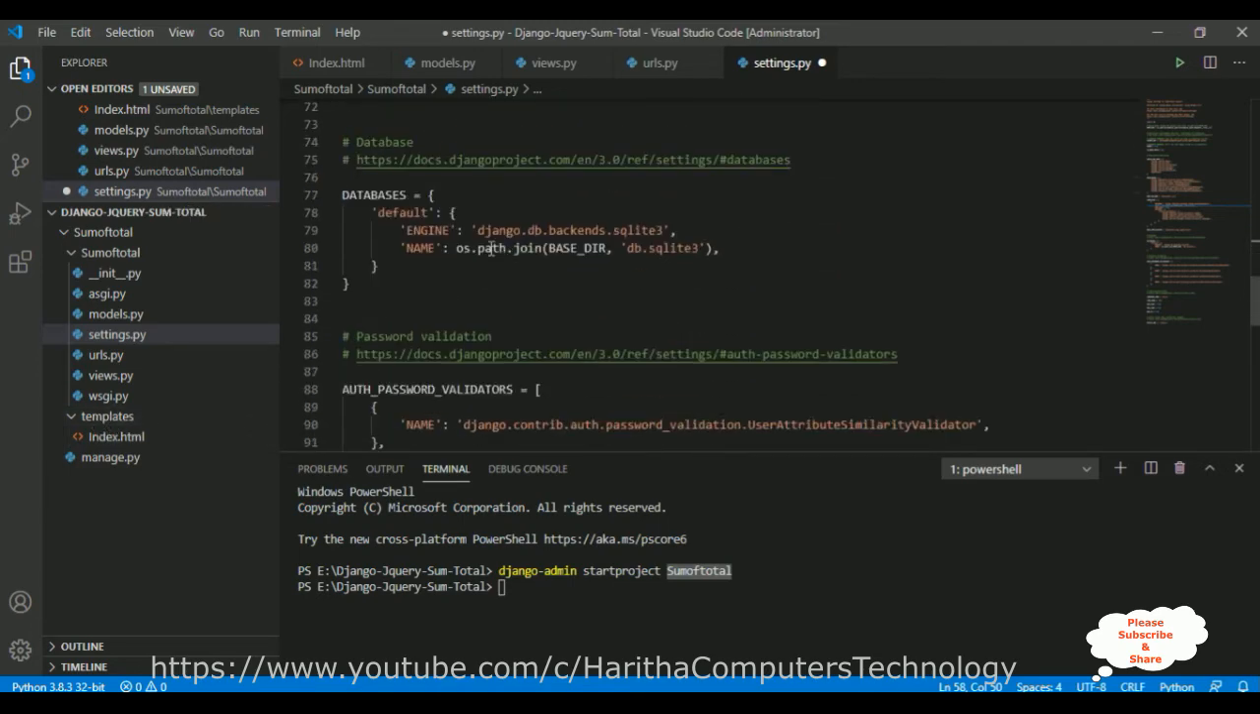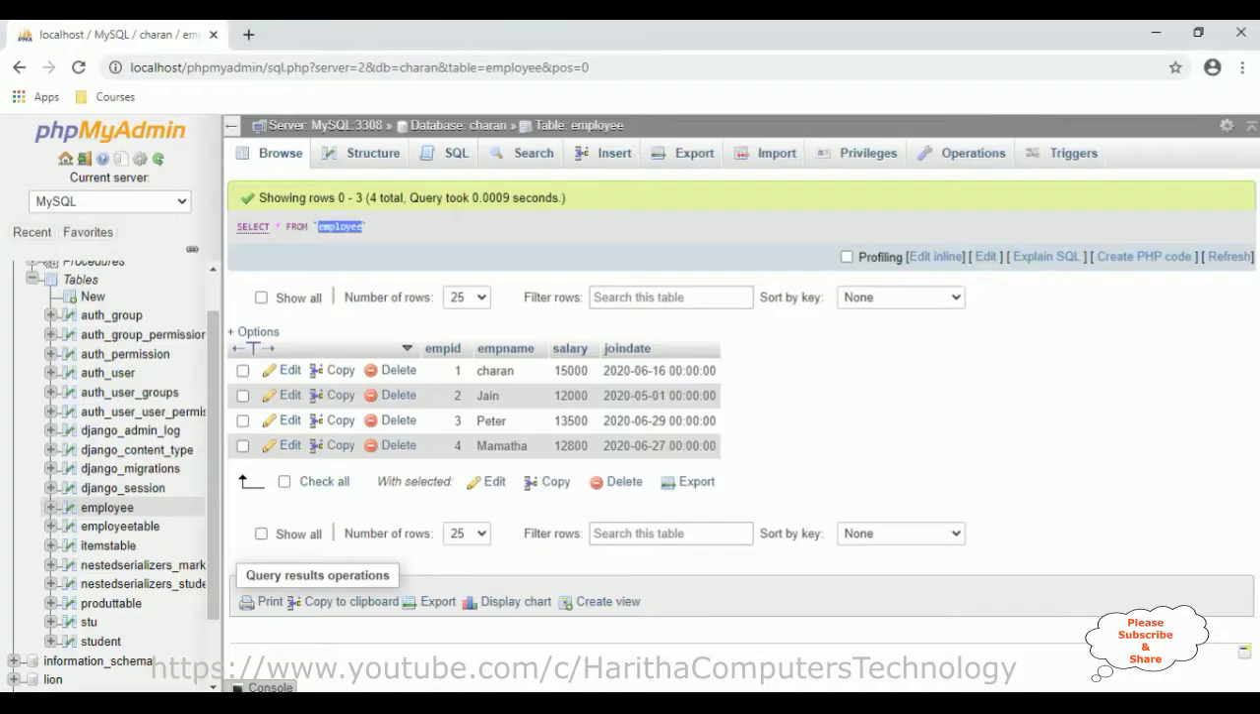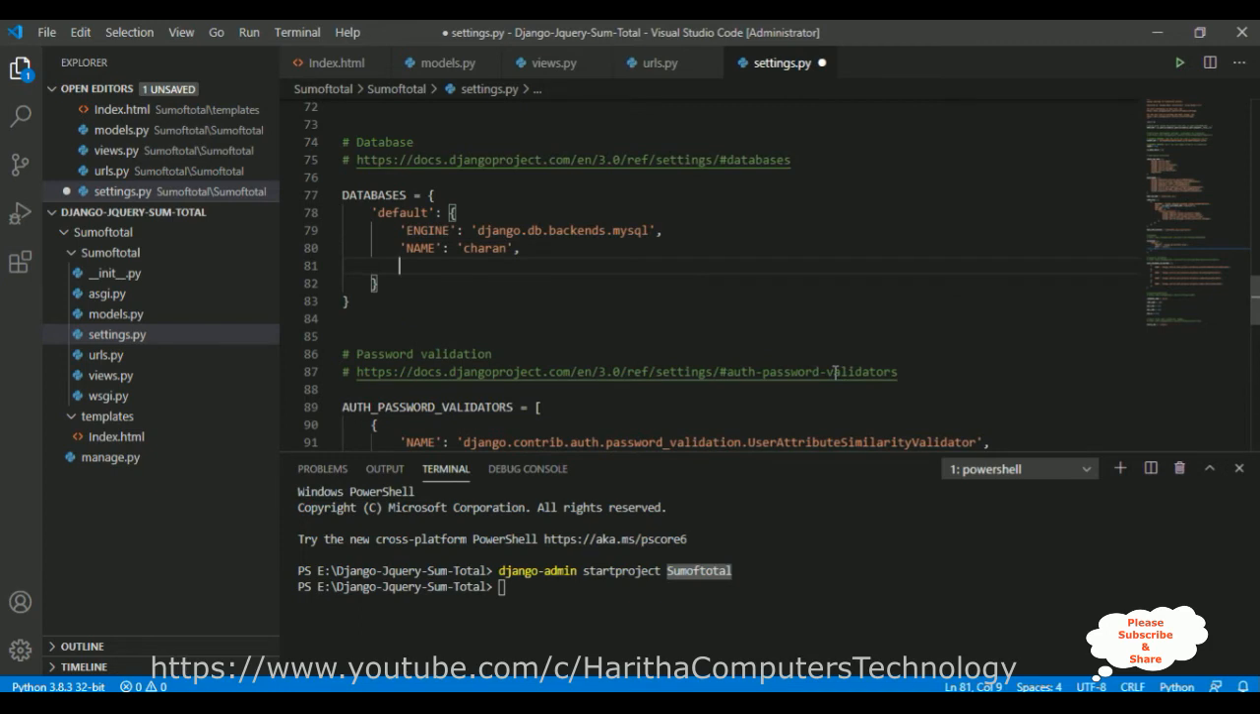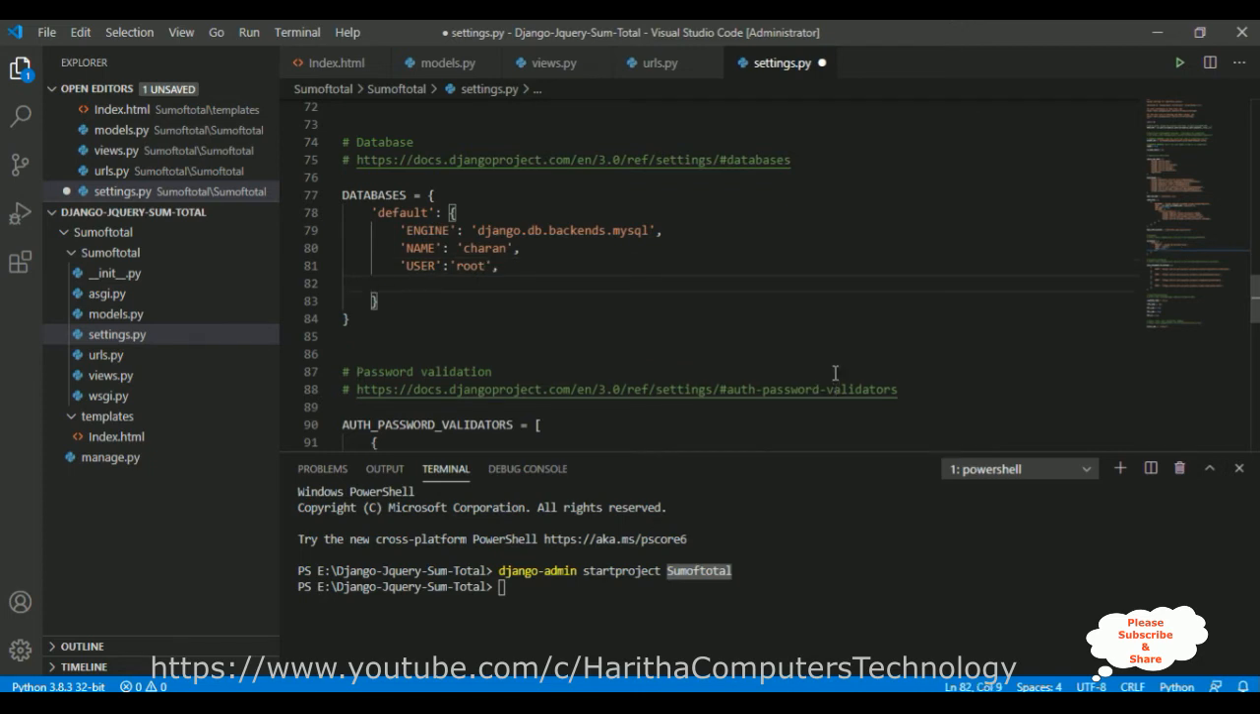Then come to the bottom in the databases section. Notice the default database engine is SQLite3, but here we are using MySQL database. And delete this name also, the default database name. We'll add our database. Our database name is the one where the employee table was created, in the Charan database. So let's add the database name Charan. After that, we require the credentials. The credentials is user first. User is root, and the password